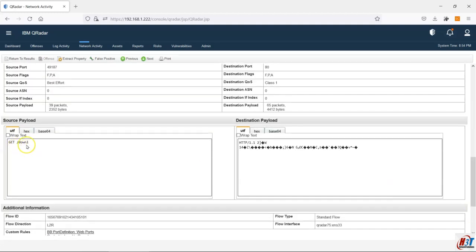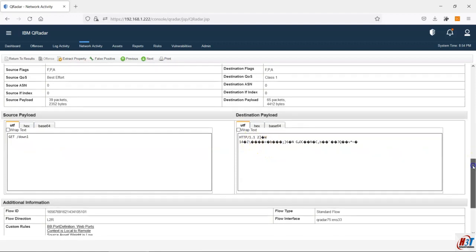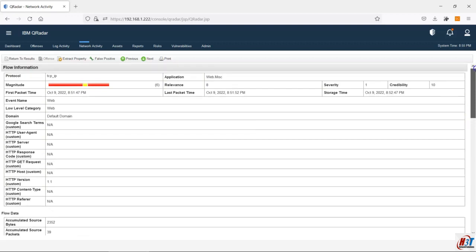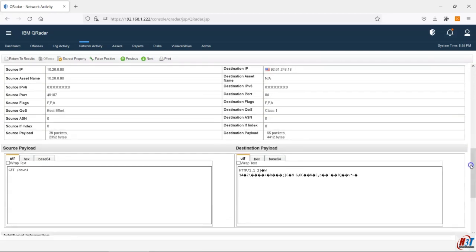So we can see here, for example, this is GET /down1, and this is the response HTTP/1.1, and so on. So not all the payload is captured, as we said that QRadar is just translating the network packets into NetFlow. And that's why it's not giving you the complete payload. So we can see here only 65 packets in the destination payload, and the total is like 4,000 bytes, and the source payload is 39 packets with